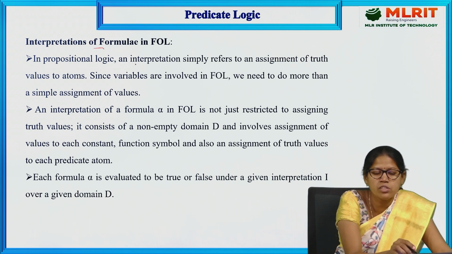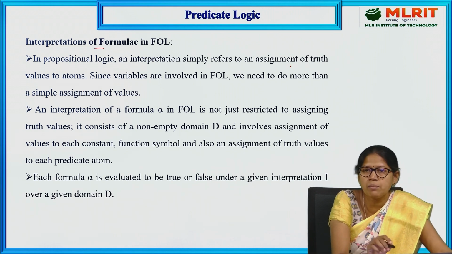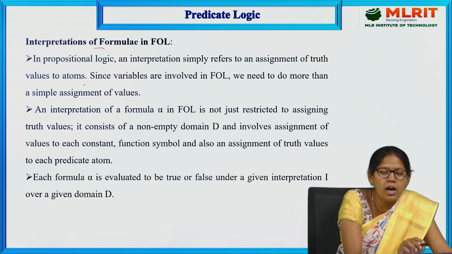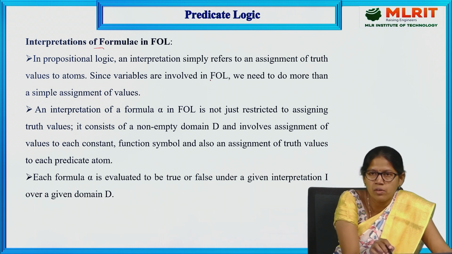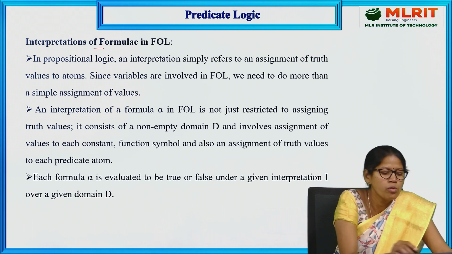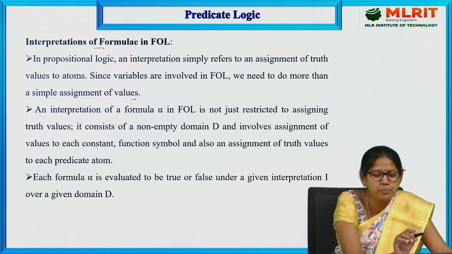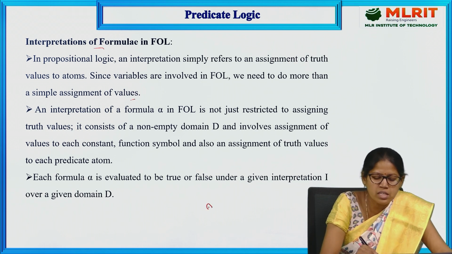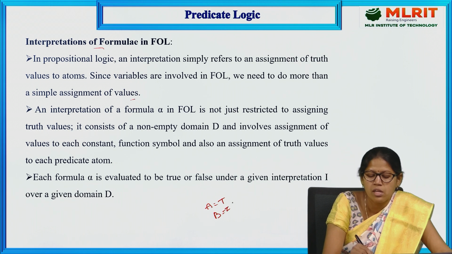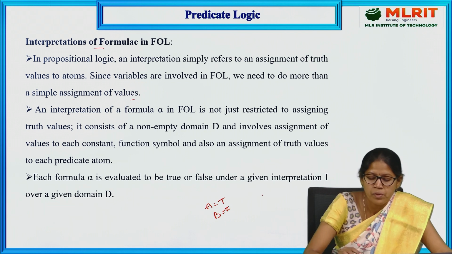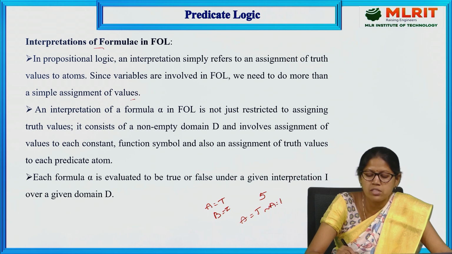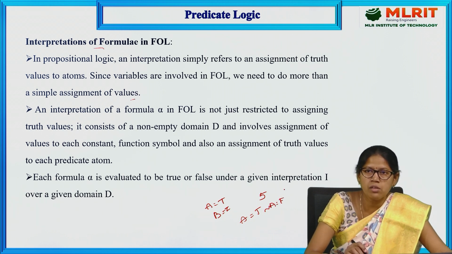In propositional logic, an interpretation simply refers to an assignment of true or false values to an atom. Since variables are involved in FOL, we need to do more than a simple assignment of values. In propositional logic, we assign A equal to true, B equal to false. That's it. There is nothing more to do. We already have 5 connectives. If A equal to true, then negation of A equal to false. There are 5 truth tables. Based upon those values, we interpret all the rows and columns to find out whether a formula is valid